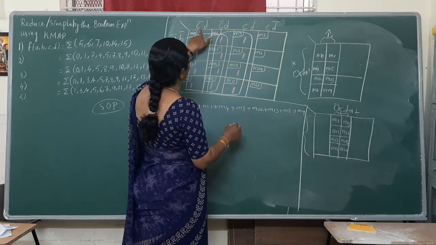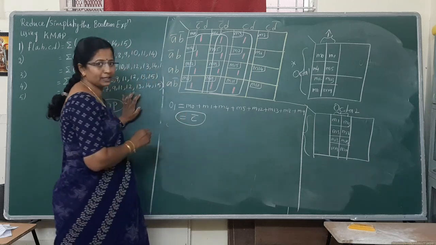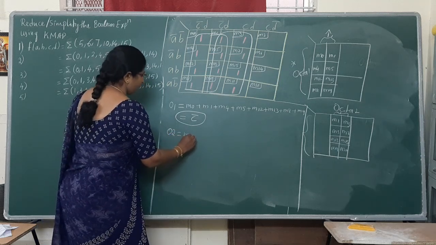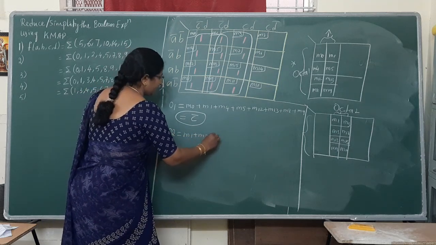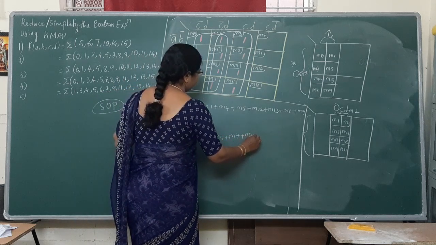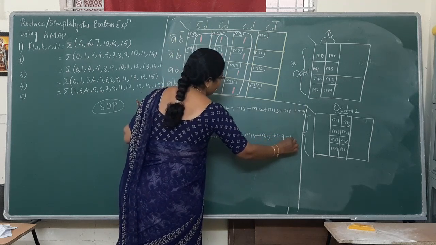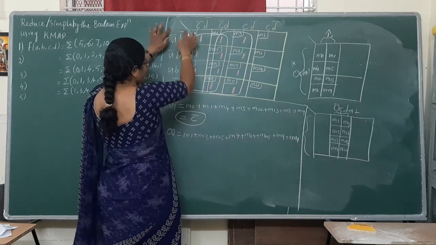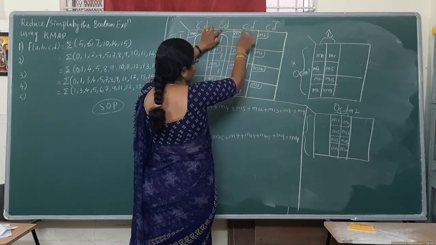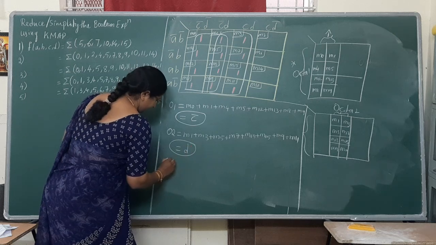Only these two. What is the common variable? C complement. In the last video or last problem also we got the same thing, right? The same one. Octa 2 is M1, M3, M5, M7, M15, M13, M9 and M11. Among these the row labels get cancelled. Among these two, what is the common variable? C complement and C get cancelled. D is a common variable.